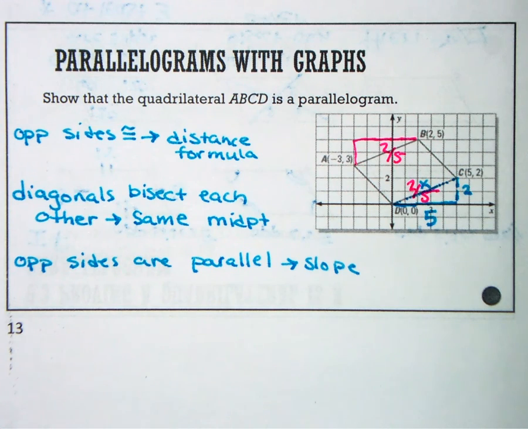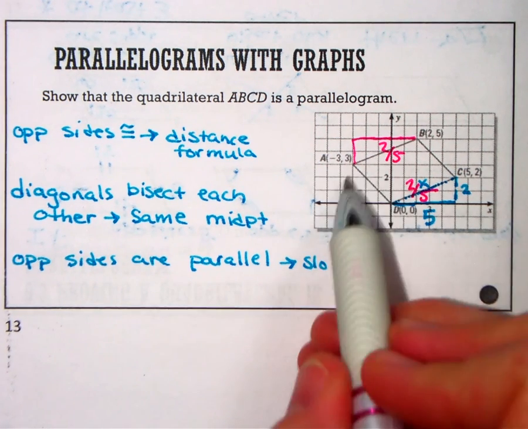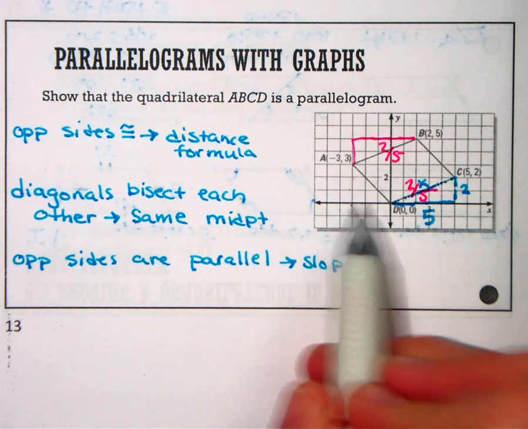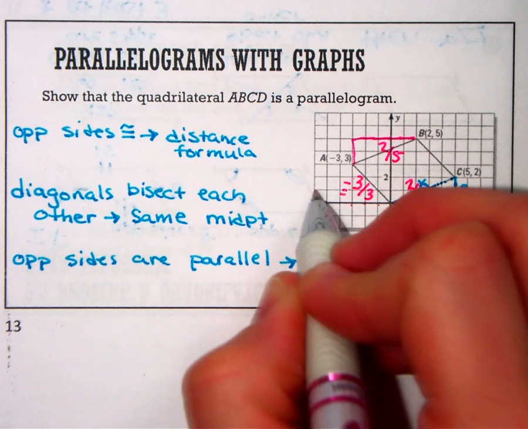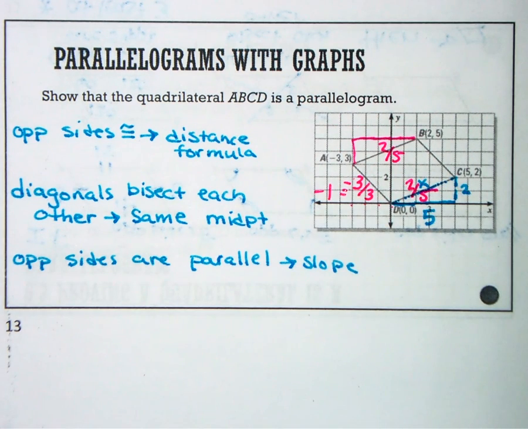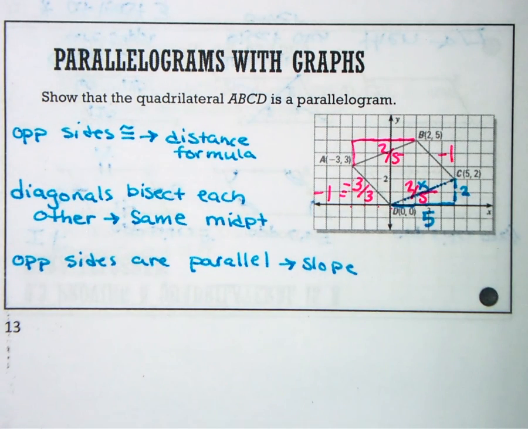And counting the slope is a lot easier than distance formula or midpoint formula. So 1, 2, 3, 1, 2, 3. So down 3 over 3, which just is -1. And then the same thing for B to C. It looks like down 3 over 3, which is also a slope of -1. Okay, now I know that seems very simplistic, but again, what we're going to do is not just proving it's a parallelogram, but proving that it's a rectangle, a rhombus, or a square. So we just have to get this introductory piece out of the way so that we can build on that later on. Okay, so I have a worksheet for you, so I'm going to grab that. And if you have questions